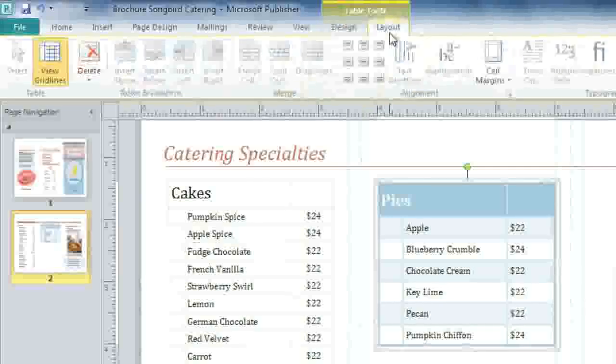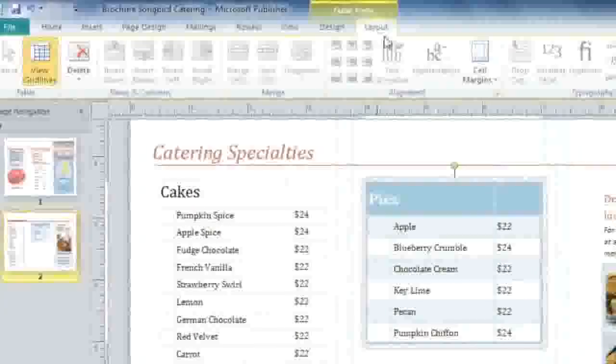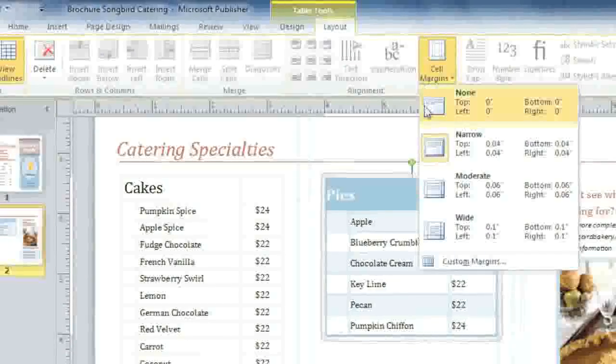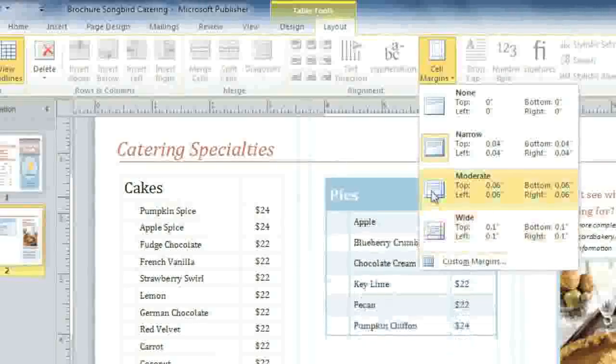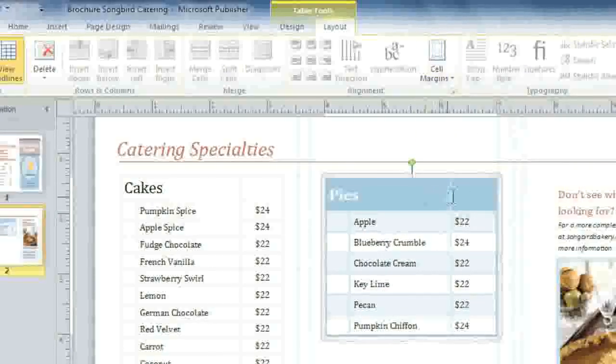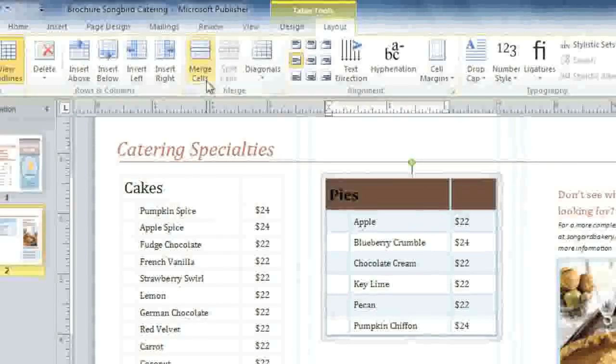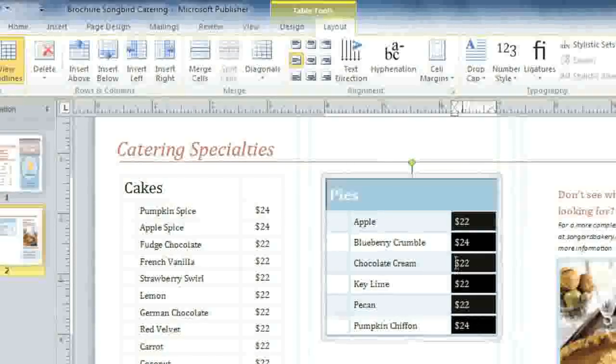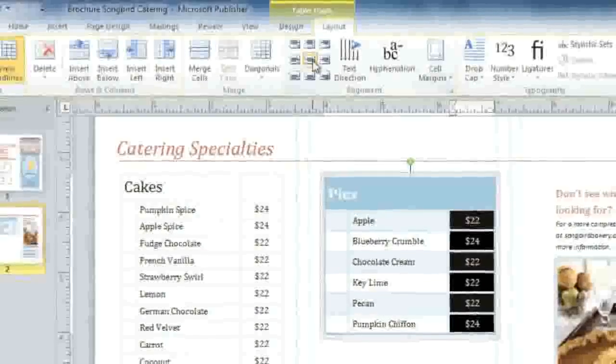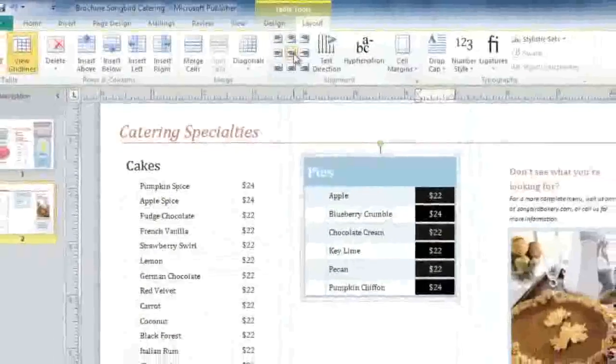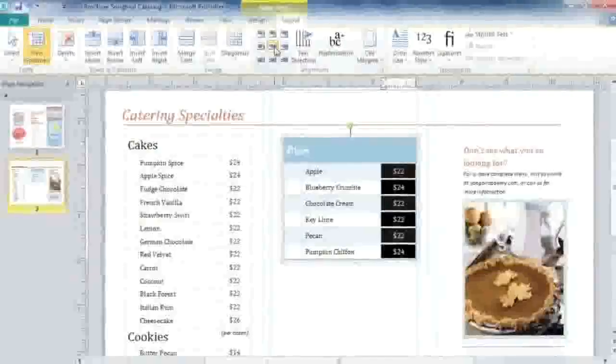You can make further adjustments to things like the size and layout of your table by going to the Layout tab. The first thing I'd like to do is adjust the cell margins, which by default are very thin. To change that, click the Cell Margins command and make your choice from the menu. Next, I'm going to combine these two cells into one cell by first selecting them, then clicking the Merge Cells command. The last thing I'd like to do is select this whole column and change the text alignment using these icons in the Alignment group. I think centered looks the best. As you can see, the Layout tab gives you lots of options for customizing your table, so it works for you and the information you want to